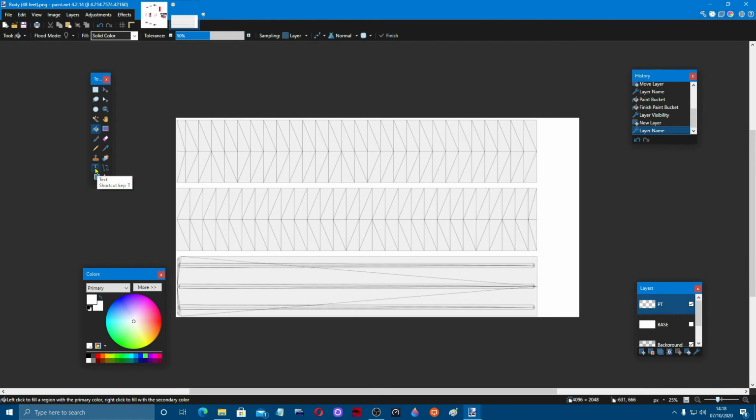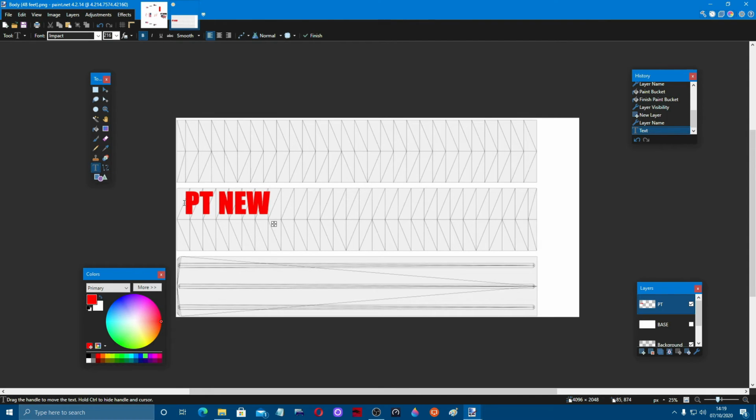So I'm going to put some text in. So we come across, click on the text icon, and we're going to make it quite big, and we'll go with black, I think, to start with, or red actually. PT there. Just do PT News Network,